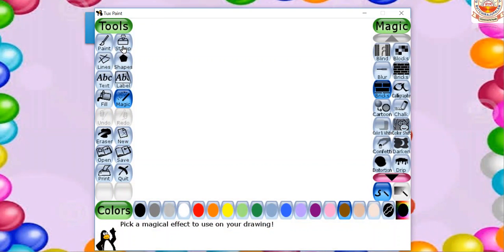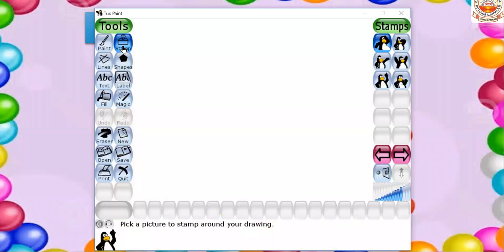Okay, children. So now let us see in the paint screen. You have to click the stamp tool. Here the stamp tool is nothing but ready-made stickers available in TuxPaint, children. So what is a stamp tool, children? It is a ready-made tool. Stamp tool is like ready-made pictures available in TuxPaint. So what is the first step? You have to click the stamp tool on the tools. Then go to the selector.